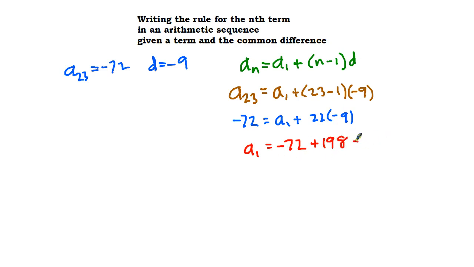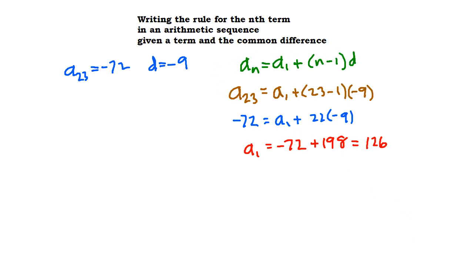And again, keep an eye on me on these videos. If you see me make a mistake, send me a remind or let me know in class and we'll get it fixed up. 198 minus 72, that should be 126, and then we can go use that a sub 1